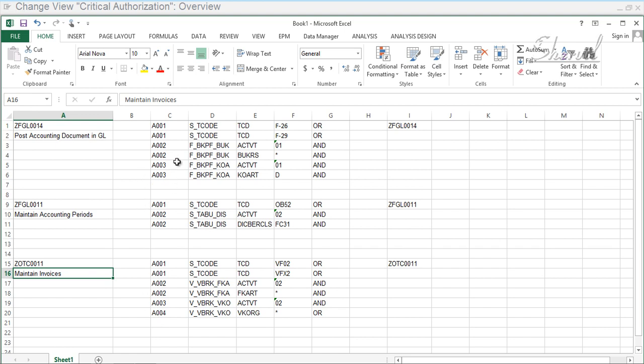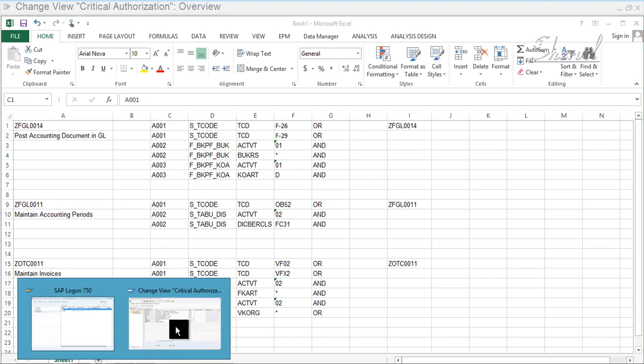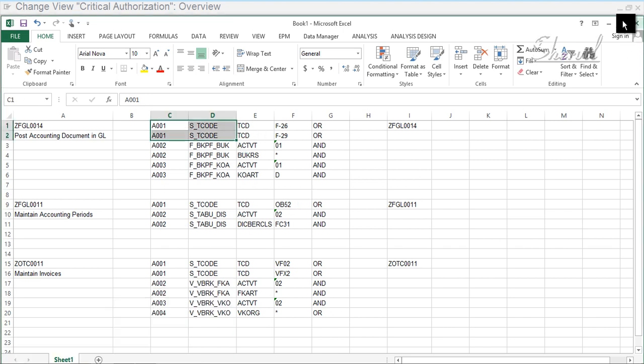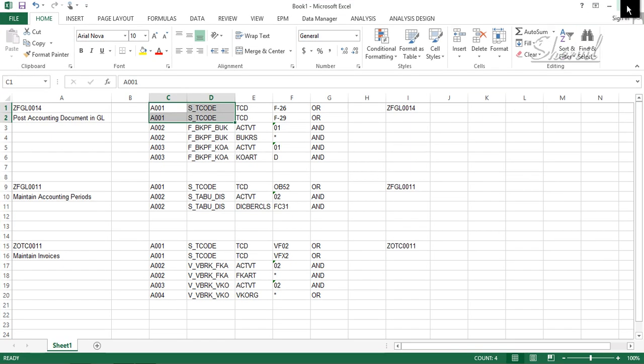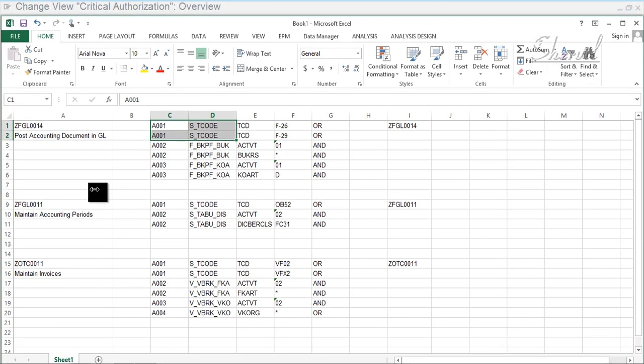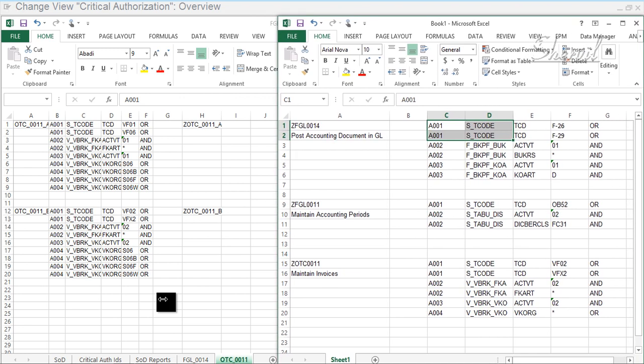All right, so let's go and enter this data into our system. I'm going to copy paste this, or you can type it manually. So let's go to SAP.